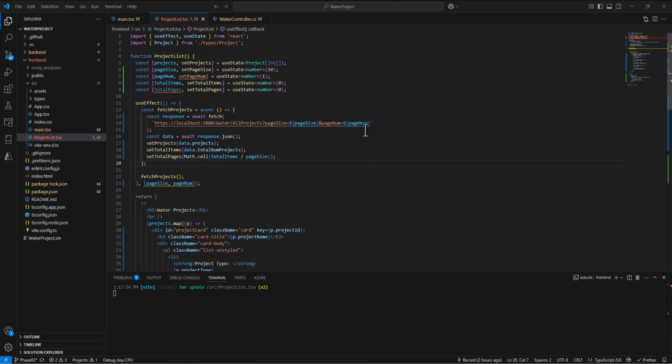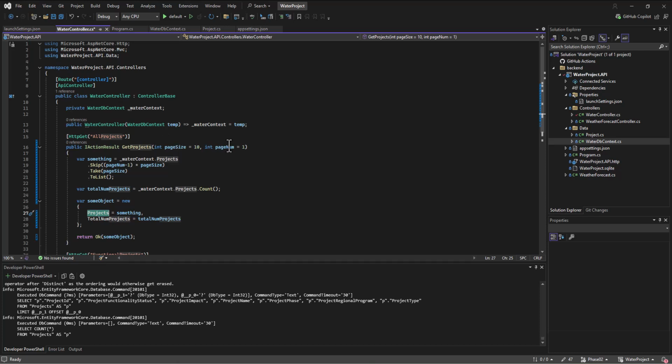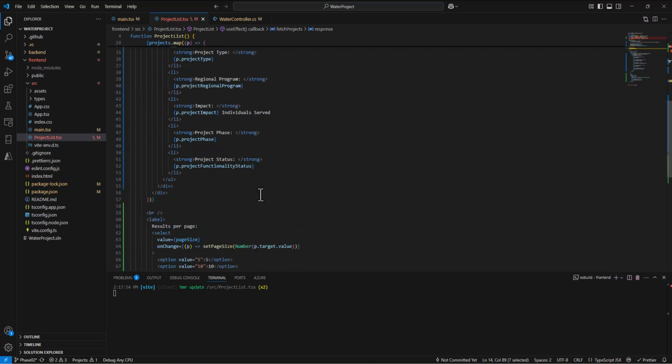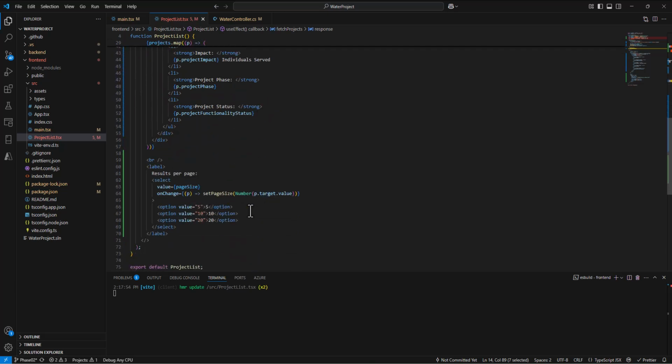Okay, to recap, we're sending up the request to the server with the page size and the page num, and then the server is turning around, grabbing those pieces of information, figuring out which data set there is, but then also passing back to us the total number of projects so that we can, on the React side, calculate how many pages we need to make for our buttons to be able to go back and forth from page to page. And so this part, I'm going to do a little differently than I typically do, which is I do